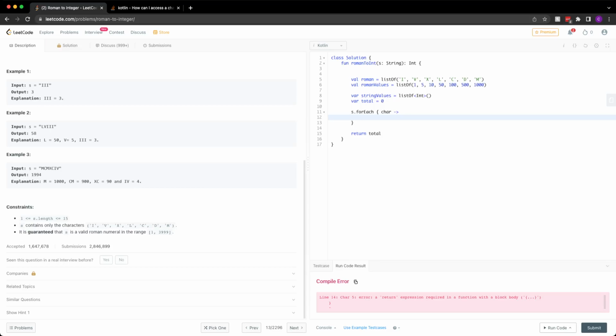So string values dot add Roman values at Roman dot index of char.